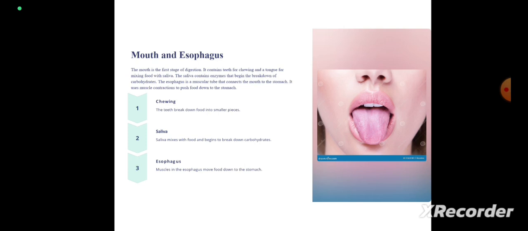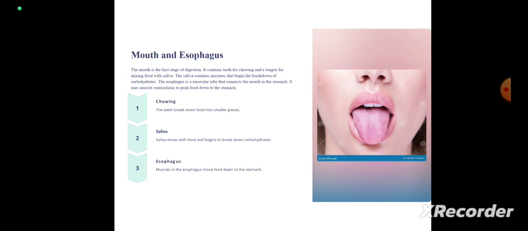First, we know the GIT. What is the GIT? The GIT is also called the alimentary canal. It is a continuous tube that extends from the mouth to the anus through the thoracic and abdominopelvic cavities. The organs of the gastrointestinal tract include the mouth, oropharynx, esophagus, stomach, small intestine and large intestine. The length of the GIT is about 5 to 7 meters.